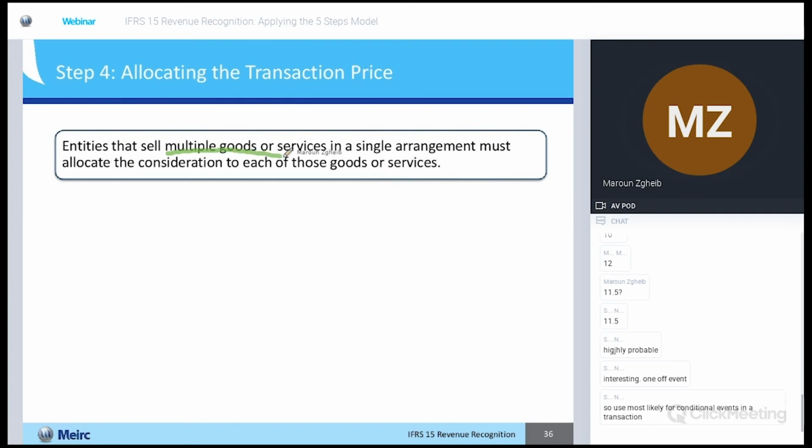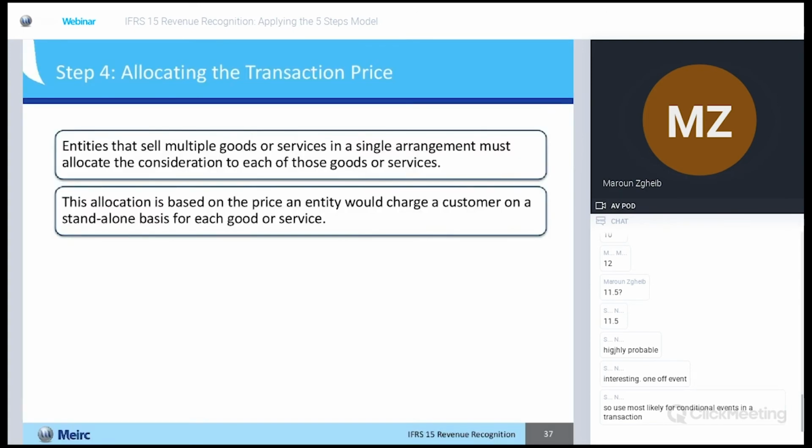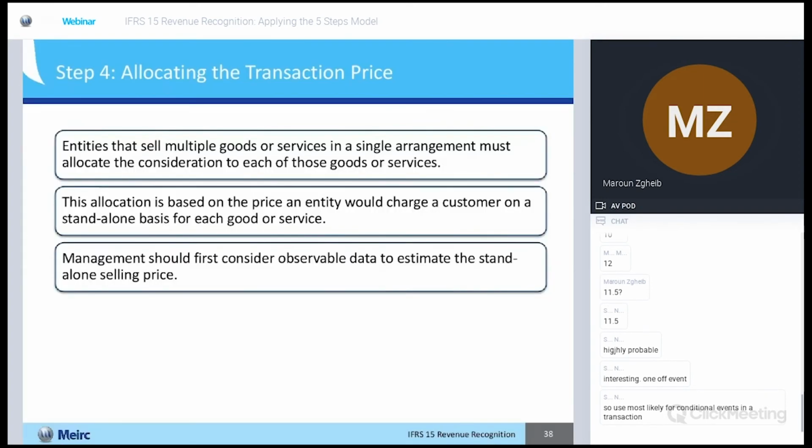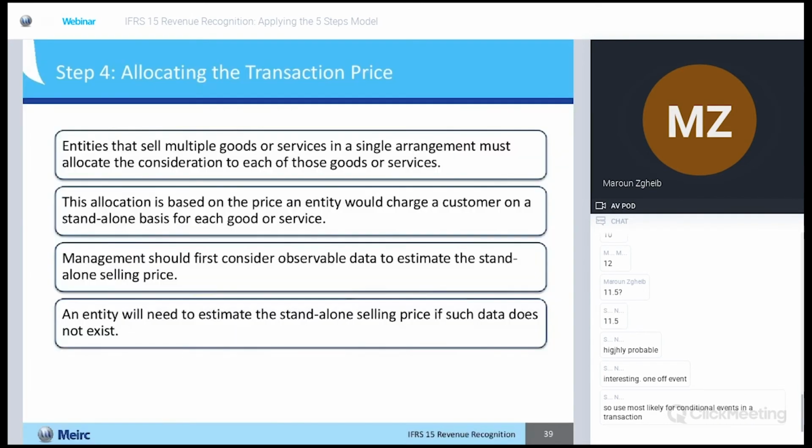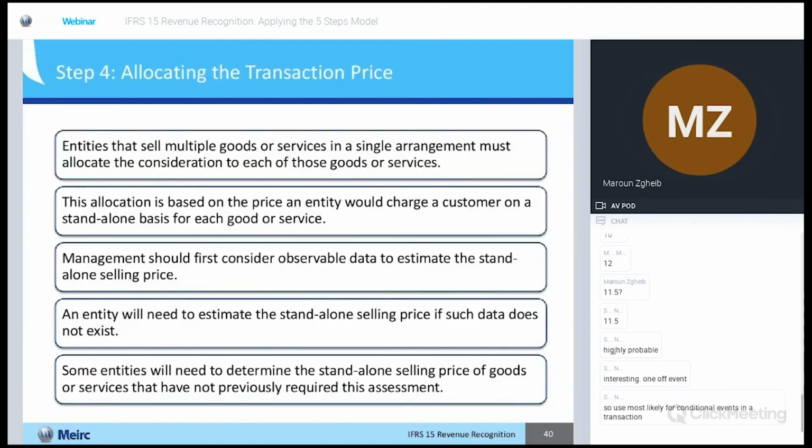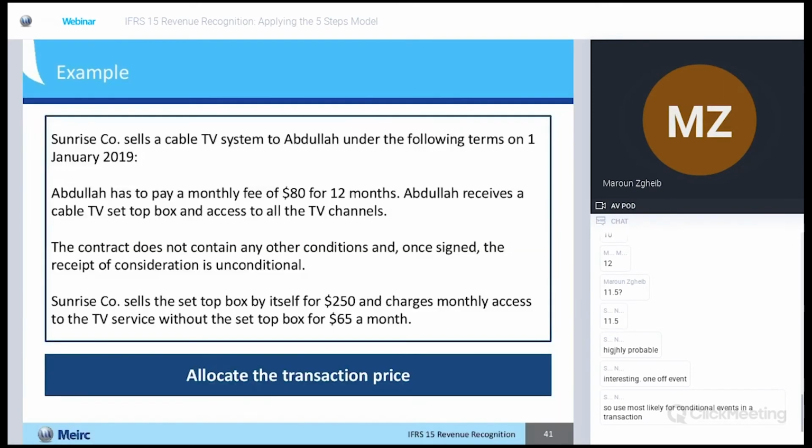Entities that sell multiple goods or services in a single arrangement must allocate consideration to each of those goods or services. The allocation is based on the price that an entity would charge to a customer on a standalone basis, which means if the customer bought only the TV or only the service, how much the customer would have paid. Management should look at observable standalone prices, and the entity does not need to estimate the standalone price if such data does not exist. They can go to the residual